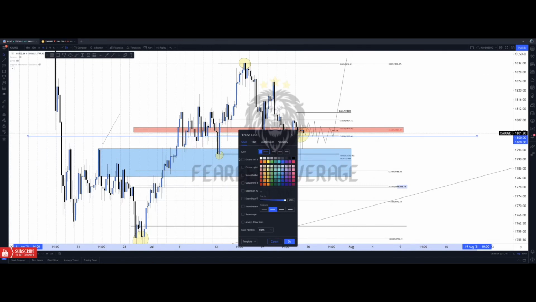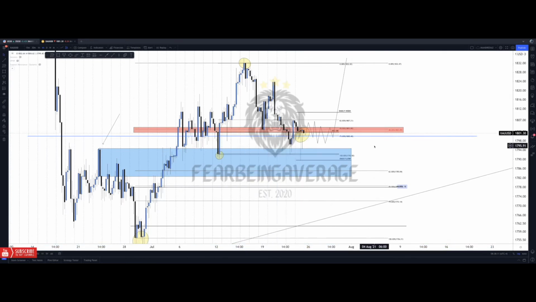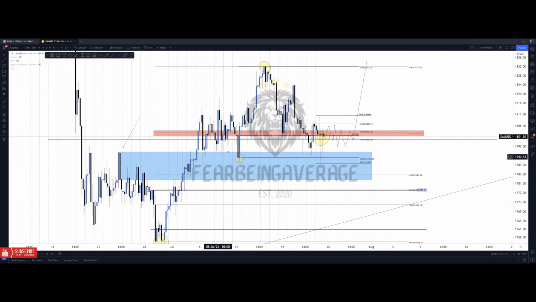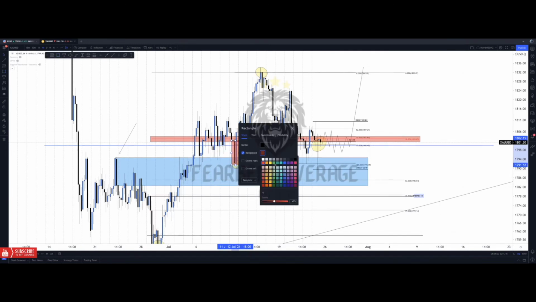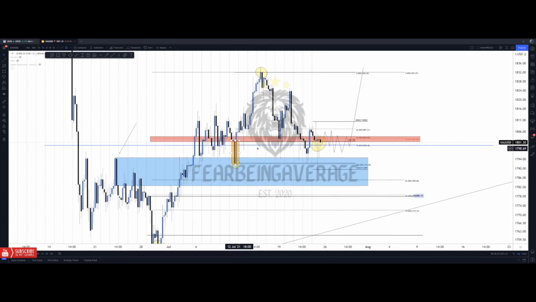Make it blue. So we have the 1800 level, so that's a whole number level. We have this rejection of this 4-hour order block, which is right here. I'm going to highlight every single confirmation we have. So we have this 4-hour order block right here, which price is respecting, as you can see